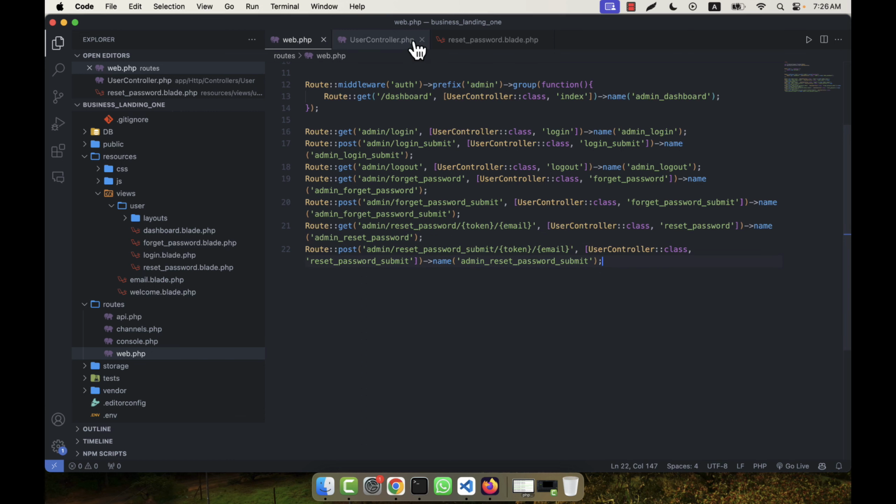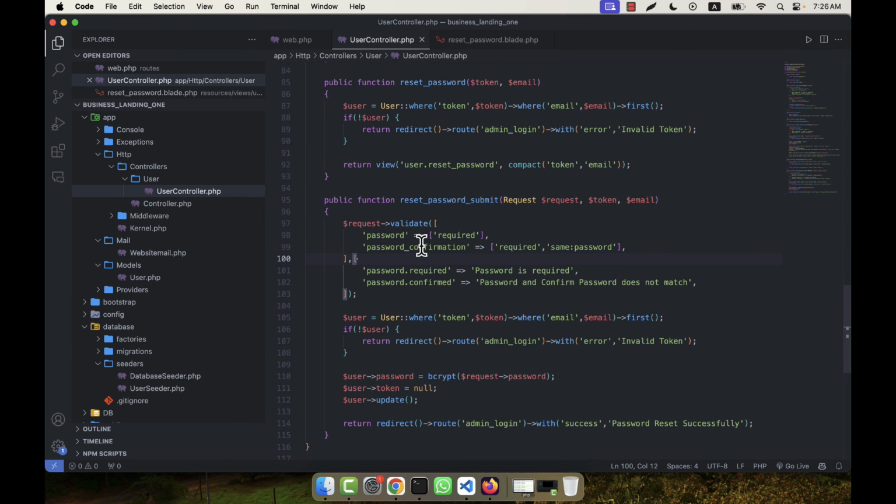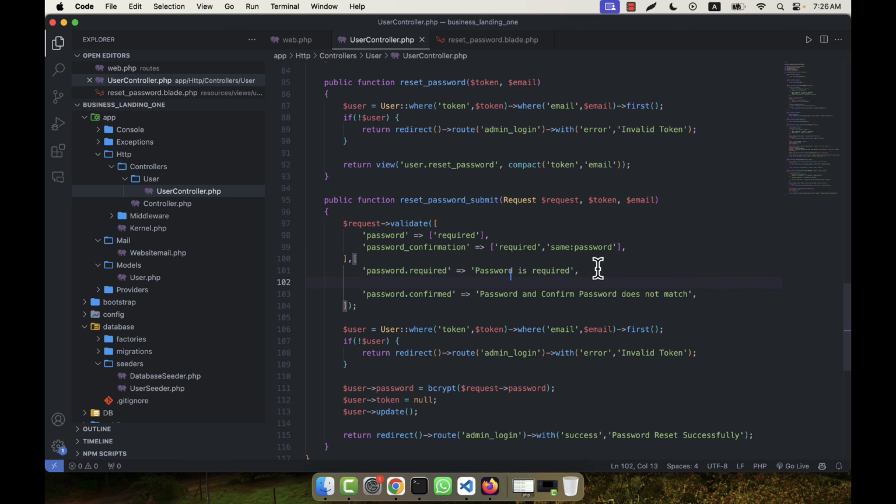Okay, that's good. Now if I come here, password confirmation, same password is okay, password, and here is password confirmation. That is one is required, here will be required also. So I am going to copy paste it here, password confirmation required, retype password is required, and password confirmation dot same, here it will be same password. Both passwords here I can give passwords do not match, so like this. Okay,